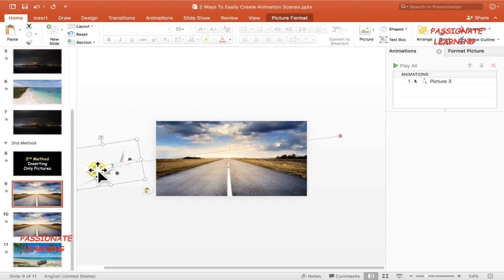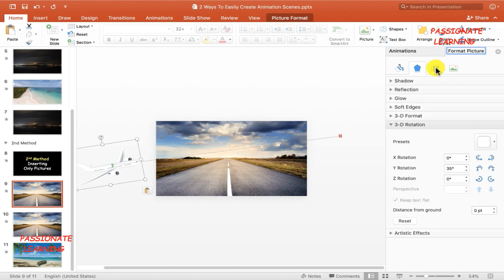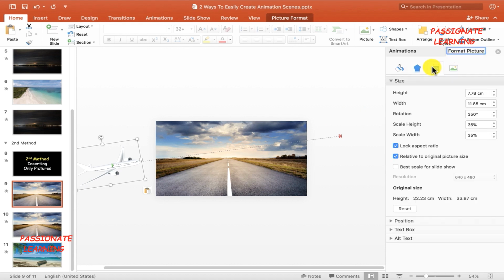Now, in order that this particular animation becomes more beautiful, let me format the picture of the aeroplane. Let me come over here to the size option, and for the rotation option, let me make the rotation as 0 like this, and then let me change the animation of this aeroplane to somewhat in this line.